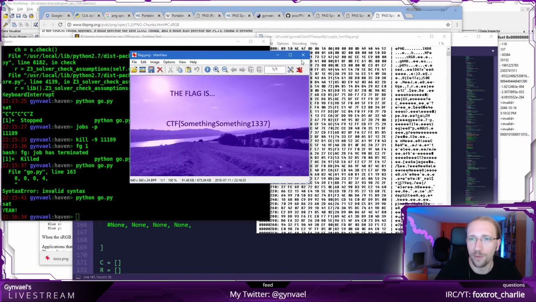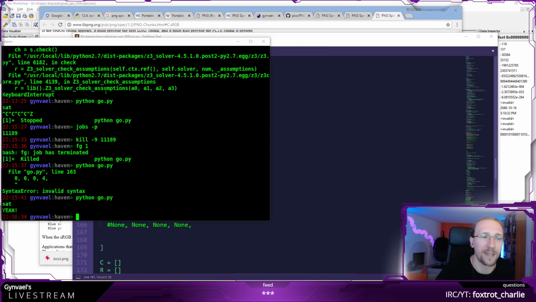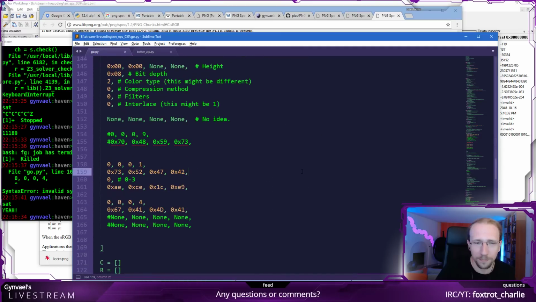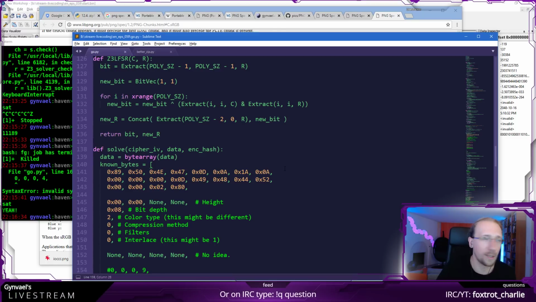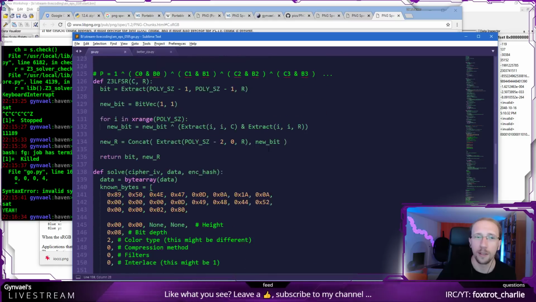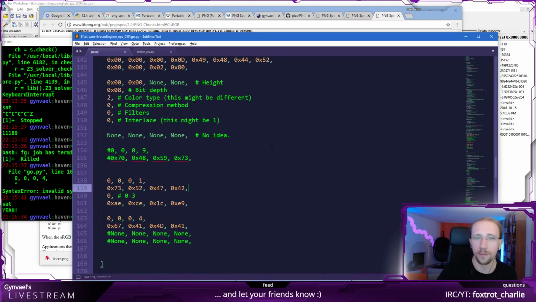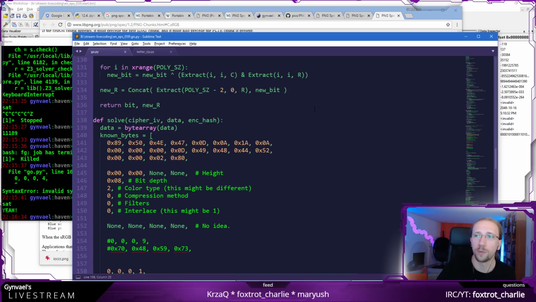Thank you for noticing the typos, and yeah, we didn't have to look at my solver, the original one, which I used for testing. Anyway, I guess that's it. I'm quite happy that it did work in the end. But this is what the task was about. I'm going to take a look if there are any other questions. Again, I'm going to upload the solver to my GitHub if you want to take a look. And I guess the tip here is that Z3 is really cool. By the way, you could have solved this task using brute forcing and known plaintext as well. There was another way to solve it. This is not the only way to solve it.